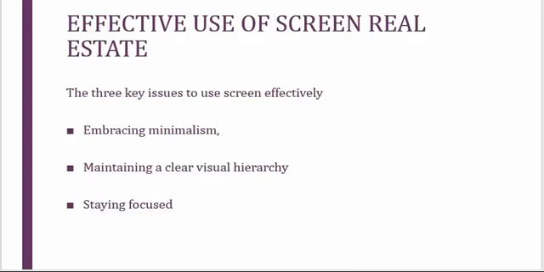And the third point, what we are saying is stay focused. So, what is the meaning of this staying focused? When you're planning or deciding that you are going to develop a mobile app, in the beginning only you have to plan properly. My app, what I'm going to develop, it should be for this purpose and it is going to do all this task. So, you have to stay focused on that.